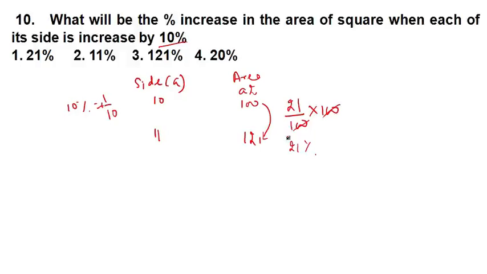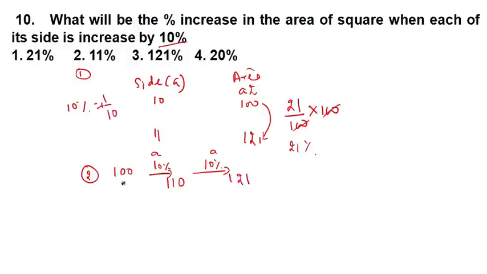So now can you do the second method that I told you? This is the first method, and what will be the second method? Simple. I'll assume that my area of square was 100. This is area, and area is side squared, so I have to write 2 times. It got increased by 10%. Here also 10%. If I increase 10% on 100, it will become 110. Again I increase 10% on 110, it will become 121.